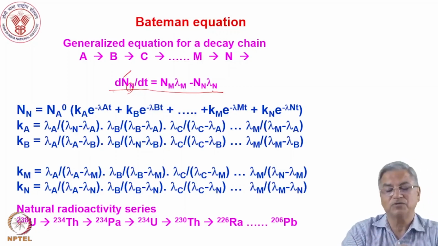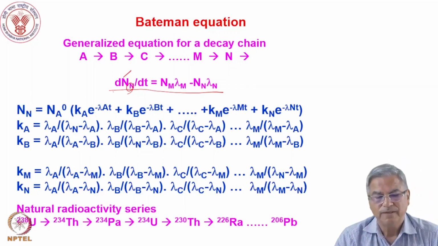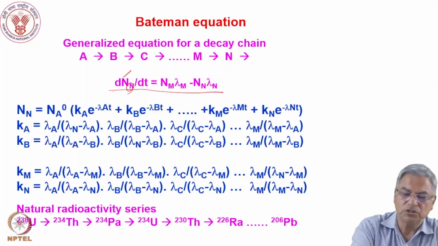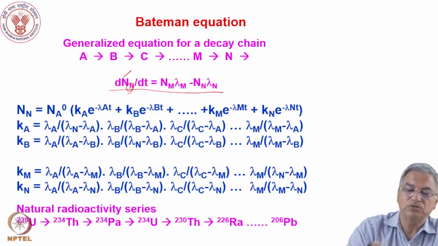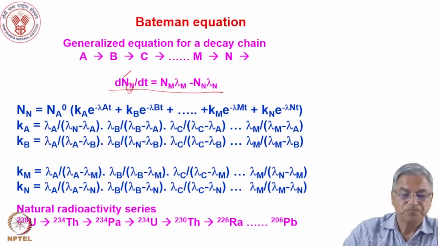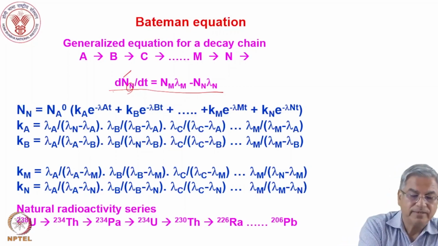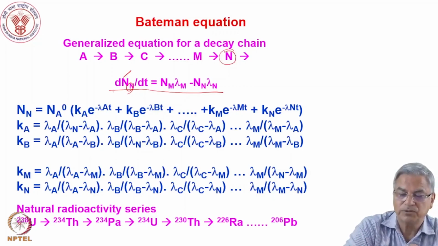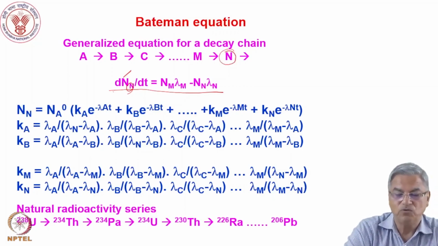This is similar to the equation which we just now solved. The solution will be similar to that for the granddaughter, but in a generalized way. So the number of atoms of this particular isotope n at any time t will be given by